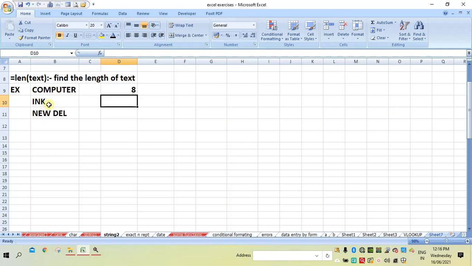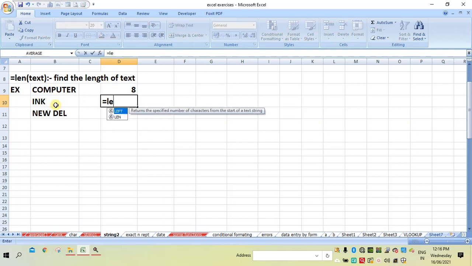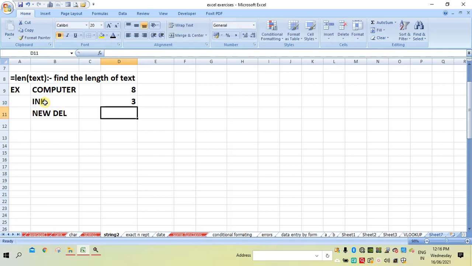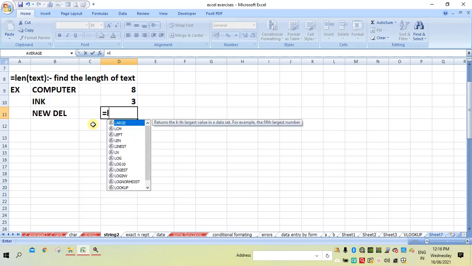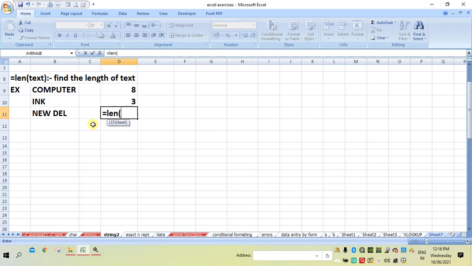The length of this INK: find len, in brackets the cell address. It has 3 letters. Similarly, equals len in brackets, it is 7.